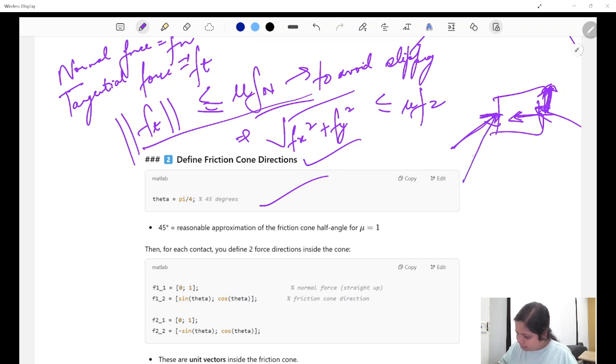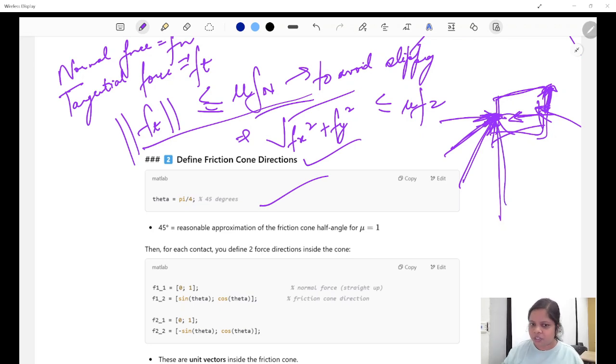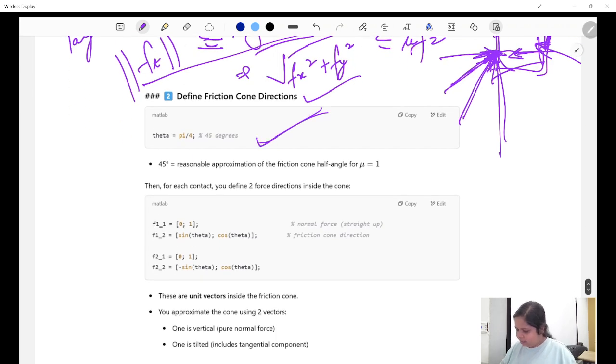Now let's say you decrease the angle to this. Then also maybe if you apply a force, after some time your object might snap out. If it is completely this way, it won't. If you are changing the direction, there are some chances. If it is in this direction, there are even more chances. If it is completely in the tangential direction, it has to snap out, right? So yeah, just to say that we don't want slipping, we say that the friction force should lie inside the friction cone. That's it. Okay, so that is why we are defining this angle.